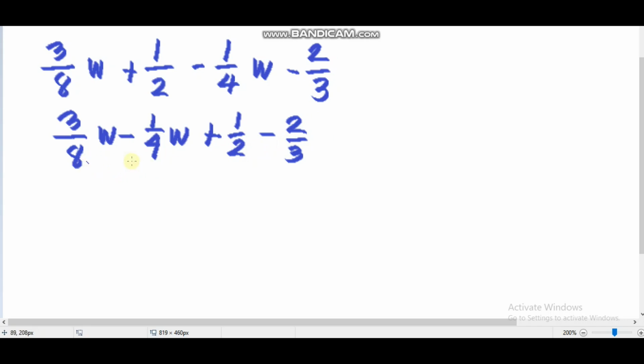So, to solve this one, we need to find the LCD or the LCM. LCD, least common denominator. LCM, least common multiple. So, the LCD here is obviously 8. So, 8 divided by 8, 1. 1 times 3 is 3. 8 divided by 4 is 2. Times negative 1 is negative 2. W. So, in this case, our LCD here is